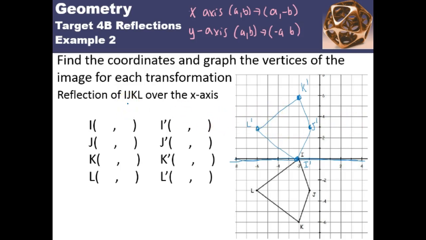So first let's find the original points. So I was the point negative 2, 0. J was the point negative 1, negative 3. And K was the point negative 2, negative 6. And L is the point negative 6, negative 3. Okay, now I prime